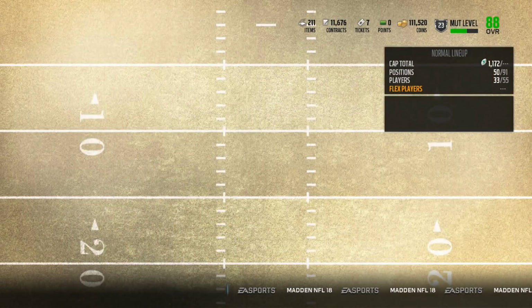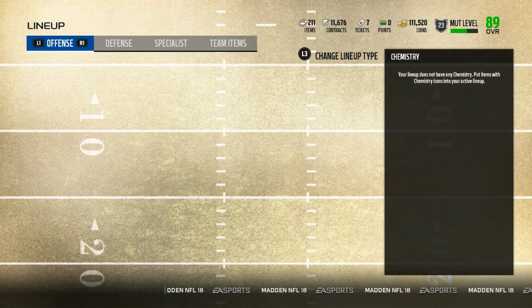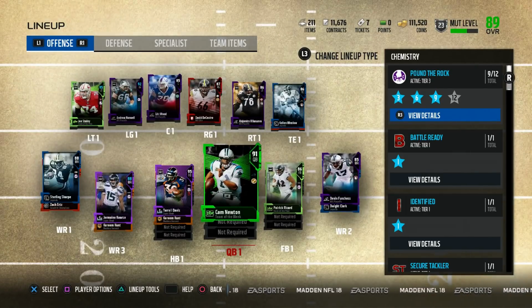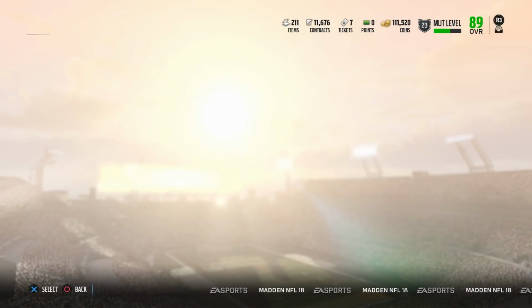Outside of that, though, we do have Jermaine Kearse, which we can go ahead and put in the wide receiver slot role. His speed, 90 speed. I like him in the slot. Outside of that, though, I don't think we had any other major pickups. So let's go ahead and quick sell everything, and let's see what we can go ahead and do when it comes to...